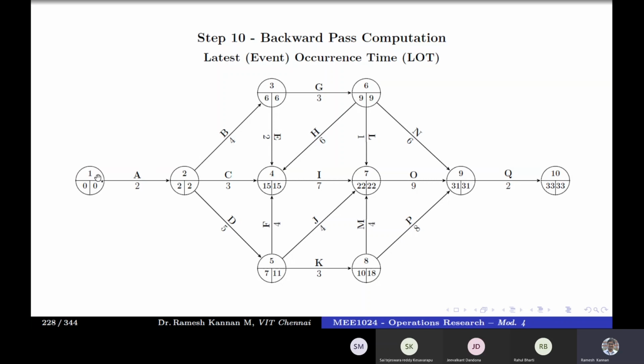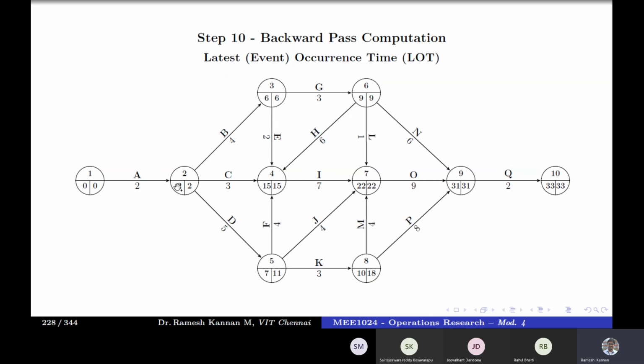So this signifies the characteristics of the start node, or start event, or end node, or end event. And also if you take a close look at it, 33, 31, 30, 31, and 9, 9, 6, 6, 15, 15, 22, 22, 2, 2, 0, 0. Which means that when EI and LI, the earliest event and the latest event of an event, are the same, then those events are called critical events. So which means that there is no free time to relax. So you start on the day and you should finish on that particular day. So that is basically the critical events.